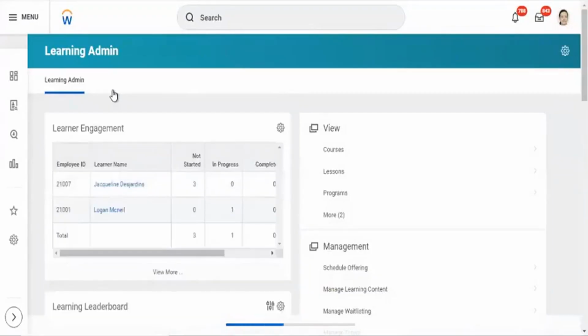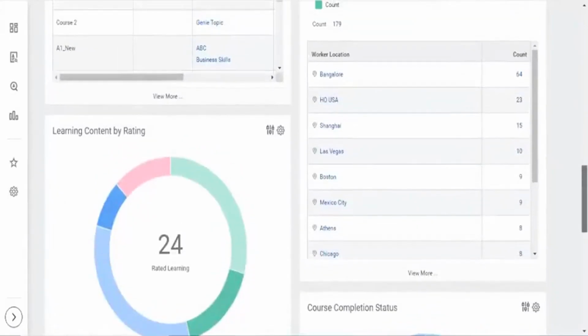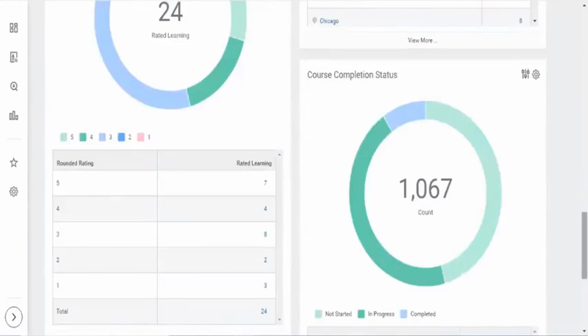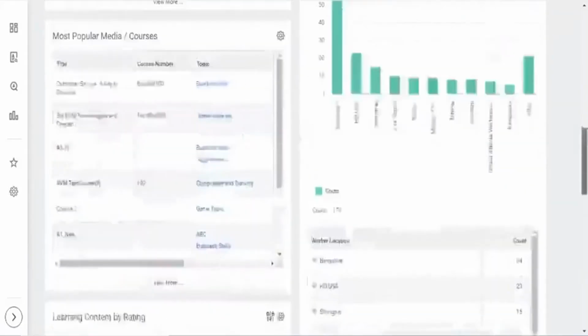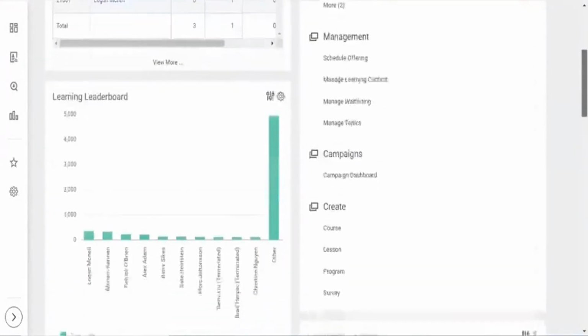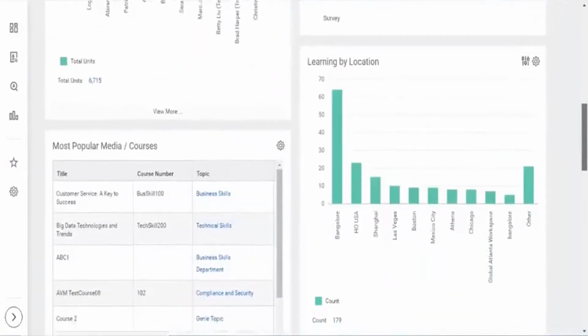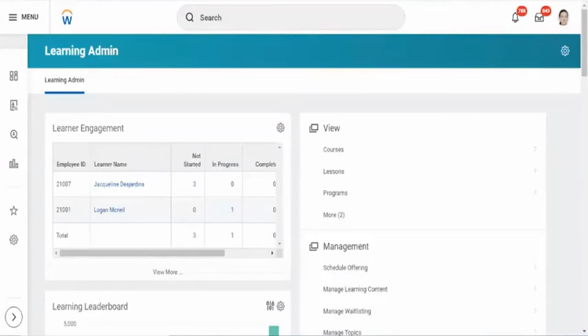There's something specifically for learning administrators where they can view all the courses that are available in the system and how many people have completed a course, all this kind of analytics. Scroll up on it. Can you go one step behind, one step down? How to access this page? How to come here?